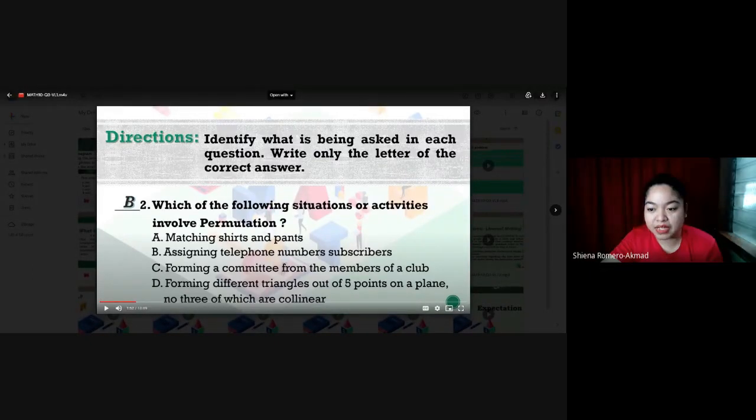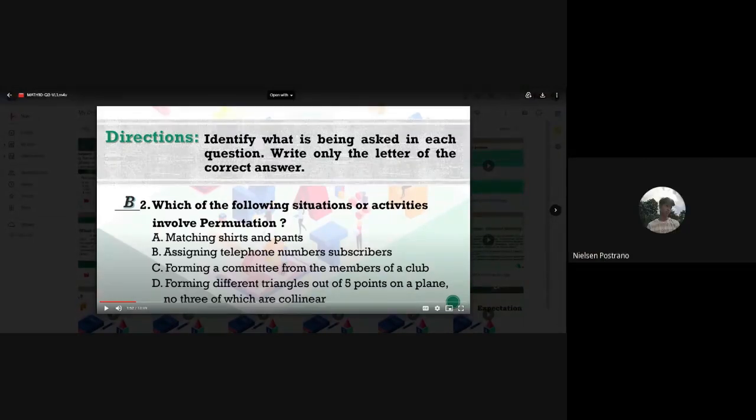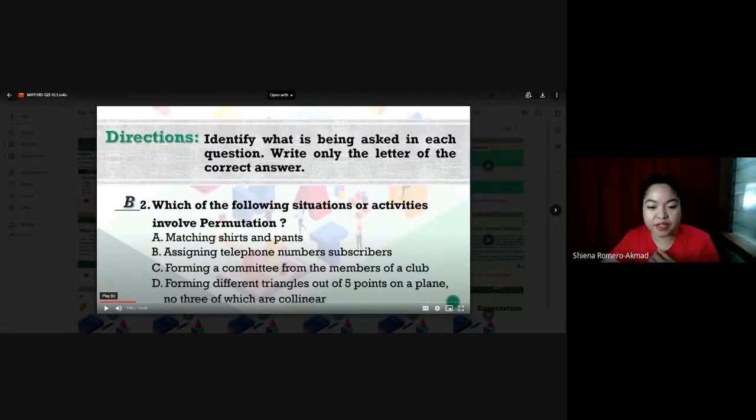No, it is not. Why? Because they were chosen, not arranged. They are all the same committee. Even if I choose Ibias first, then Malabola, then Julieta, or I choose Julieta first, then Malabola, then Ibias, it doesn't change anything, because they are just one committee. There is no position involved. Since it is the same set of persons, nothing changes. Unlike numbers, when their position changes, even with the same set of numbers, the arrangement becomes different, and the number you call becomes different.